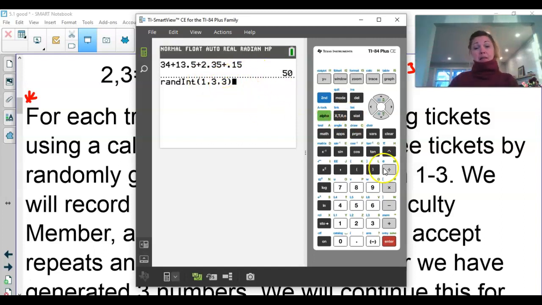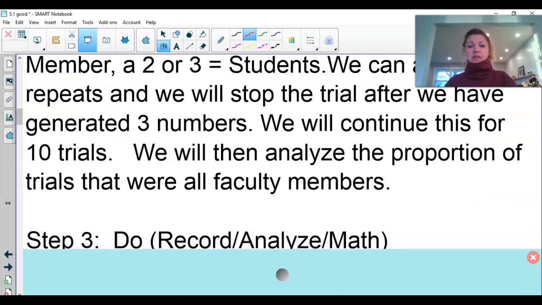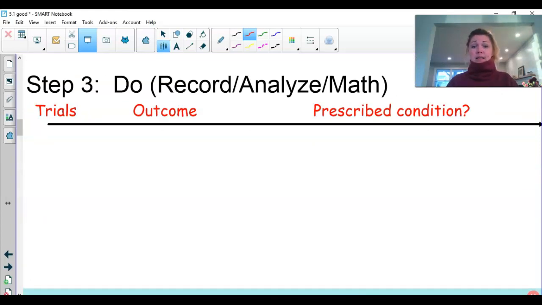And then I'm going to generate 3 tickets. So I'm going to hit enter. So here's my first trial. So my first trial, when I pulled out tickets, I got a student and a faculty. So now what I want to do, you guys, is we need to actually record and analyze what's happening. So my first trial,